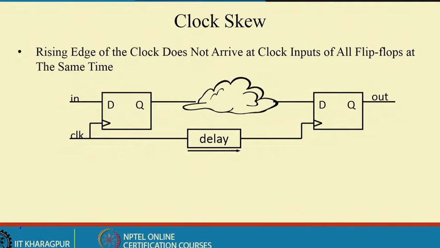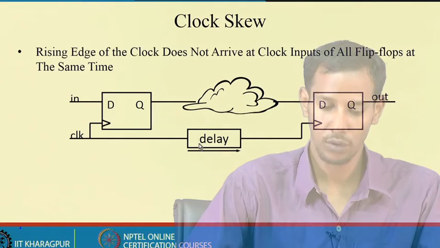Another important parameter is clock skew. Clock skew is when the rising edge of the clock does not arrive at the clock inputs of all flip flops at the same time. When this type of scenario happens,